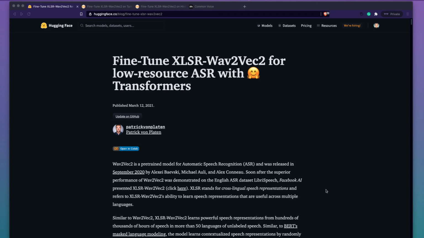Automatic speech recognition, ASR, as we say, is not easy. It's not very easy for anyone to do it like how you do NLP. For NLP, you have a bunch of libraries like Hugging Face. You just import it, and then in a few lines of code, you can have a state-of-the-art model in place. But that's not the case with ASR, and that is about to change because Hugging Face has been recently